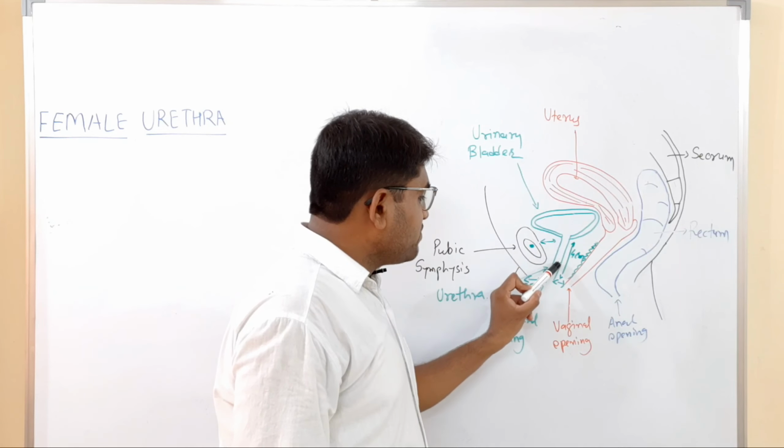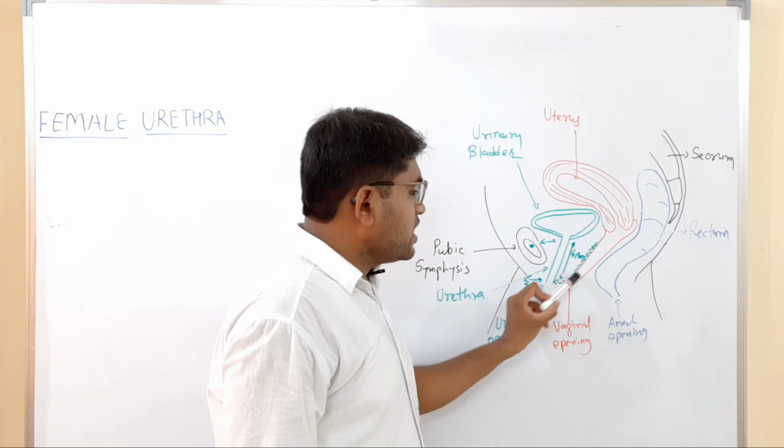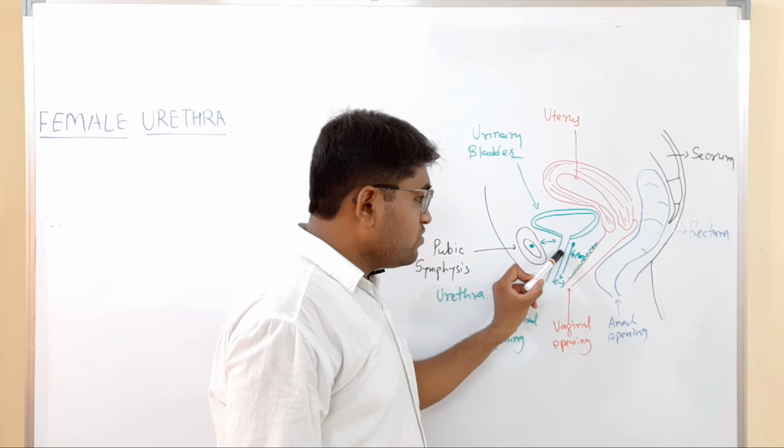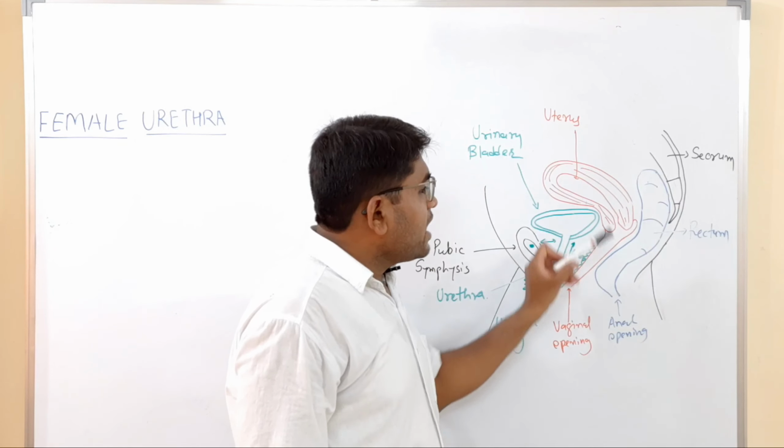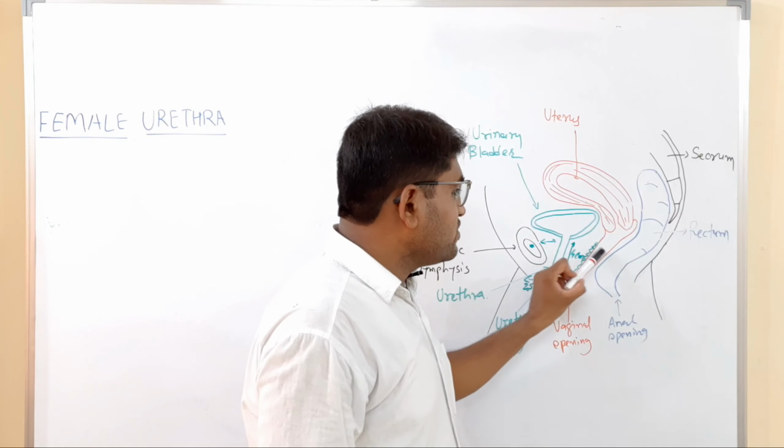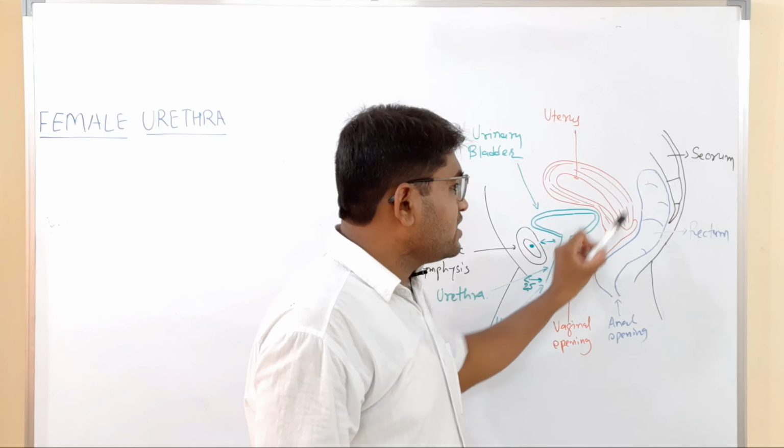Then behind the urinary bladder and urethra there is the uterus and vagina. So the urethra lies in between the pubic symphysis and the vagina. Behind the uterus and the vagina there is the rectum. So on the most anterior side there is the pubic symphysis, and most posteriorly there is the rectum. So the urethra is behind the pubic symphysis and anterior to the vagina. The vagina has two walls, the posterior and anterior wall, and the urethra is anterior to the anterior wall of the vagina.